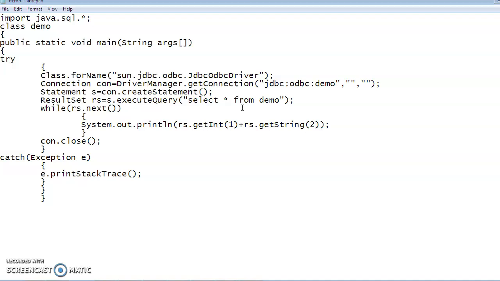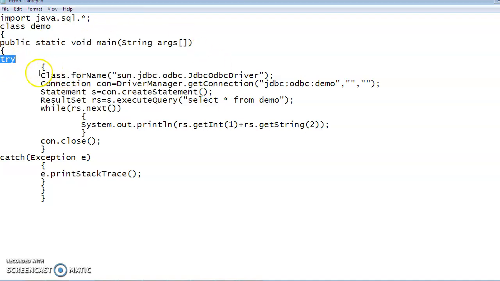Why SQL? Because SQL is a language that we use in databases. You can see here this is basic SQL language: select * from demo. These are basic SQL statements that we have embedded inside the Java program. So this is class demo, and we imported java.sql to use these SQL features inside our Java program.